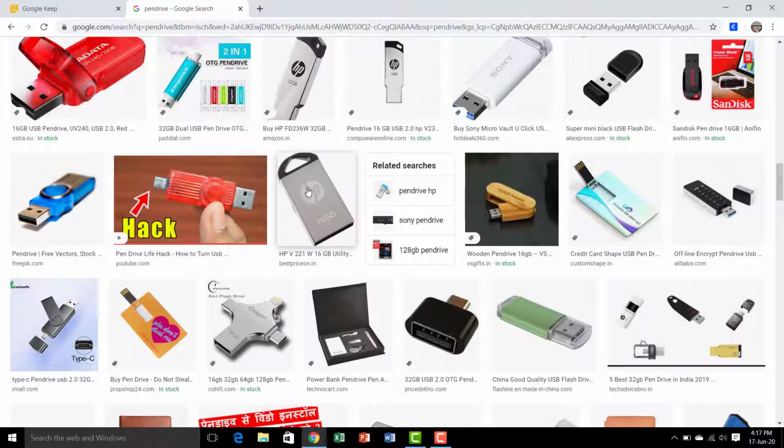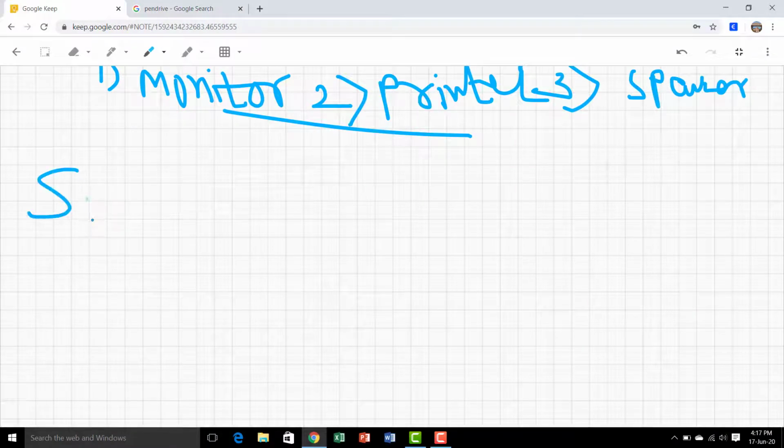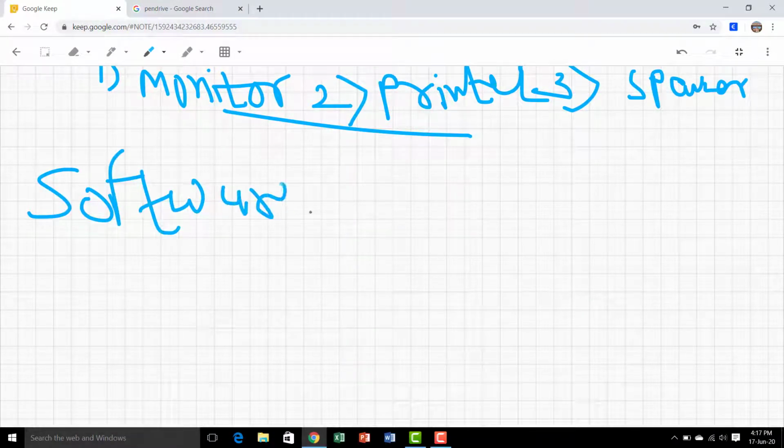Now the next topic is software. What is software? Software is a set of instructions given to the computer to do a particular task. When we give instructions to a computer for a particular task, whatever environment we use for that is called our software.